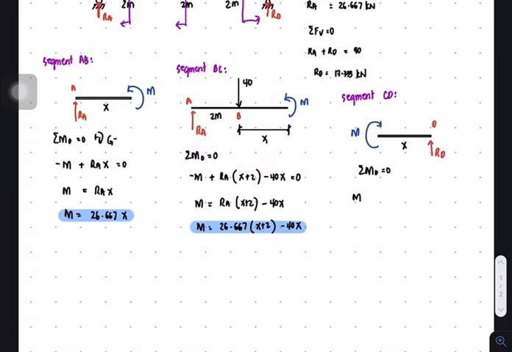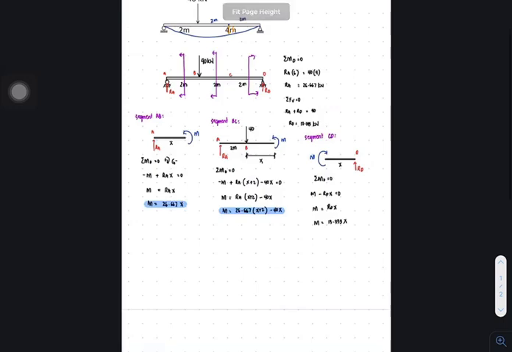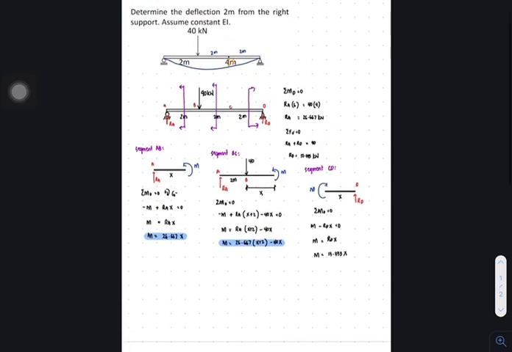So you have positive M, since it's clockwise, then minus RD X equal to 0. So transposing RD to the other side, it will become RDX. And M here is 13.333X. Okay, the next thing that we are gonna do is